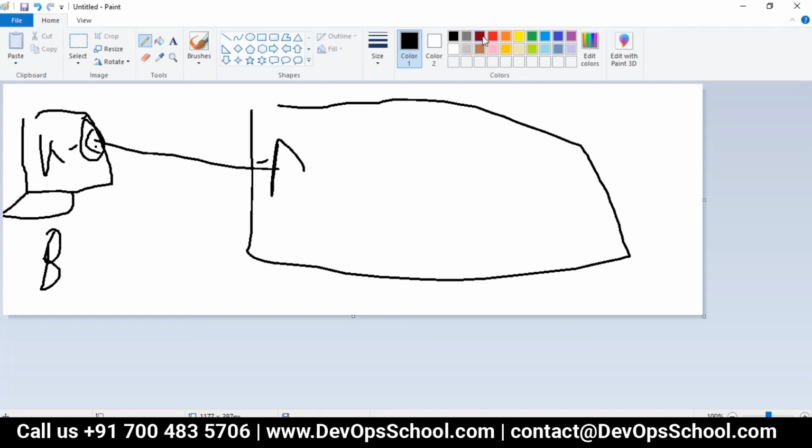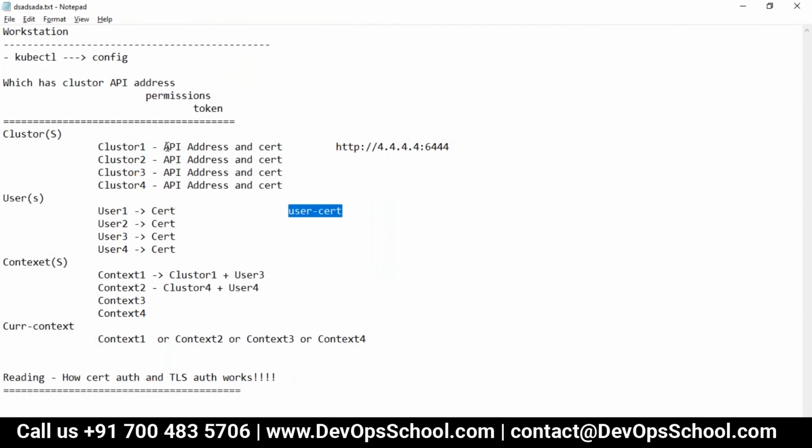Your question is, where should kubectl and this config file be? You keep it wherever you want. You can keep it here, you can keep it on the Jenkins server, wherever you want. Conceptually, the place where you have kubectl and the config is your workstation. Am I right? Clear? Right, I can understand.